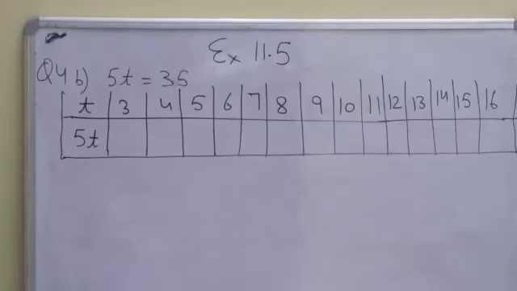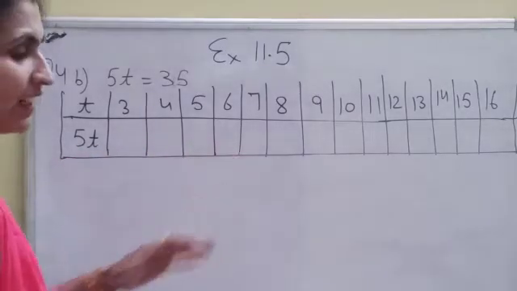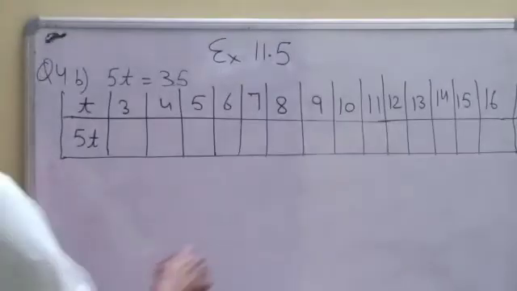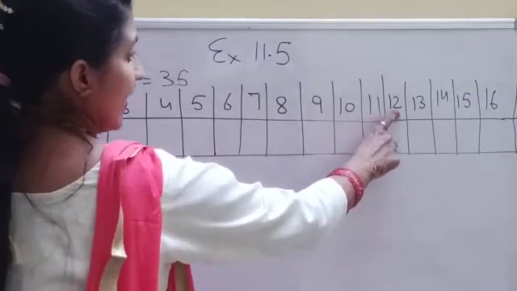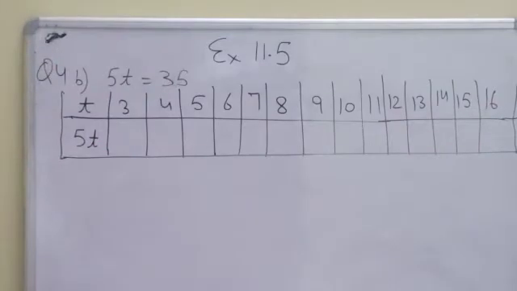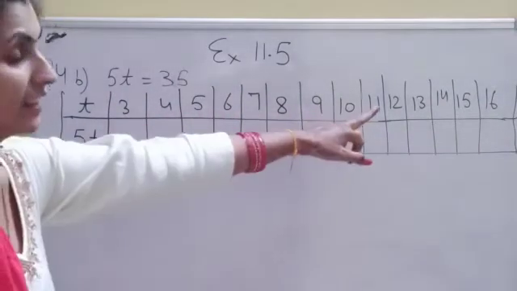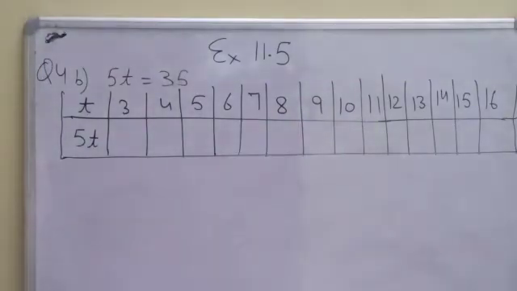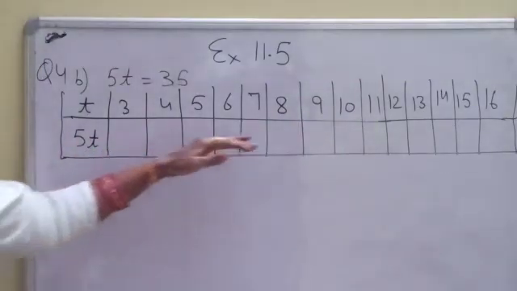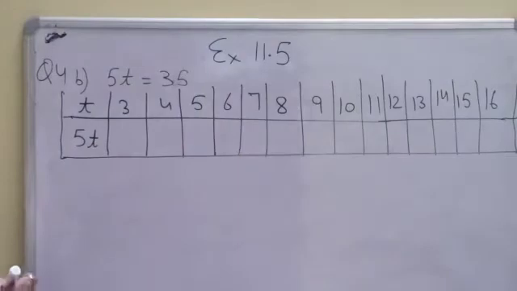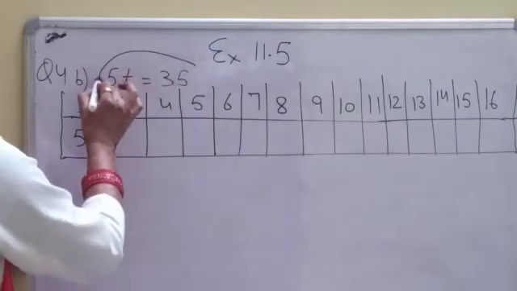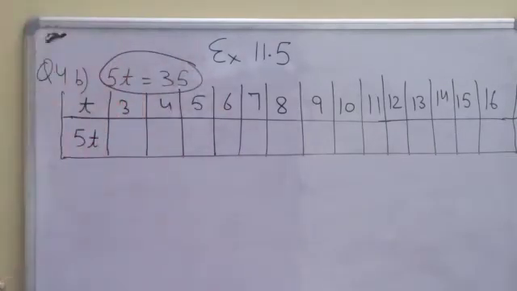Now this is our question number 4, part B. What do we have in the question? Complete this table. We have to complete the table. It is given up to 11 in the question and then these are blank. So after 11, for the blanks we can write the further counting. And then this part is given as blank. So we have to find the value where it satisfies the given equation.